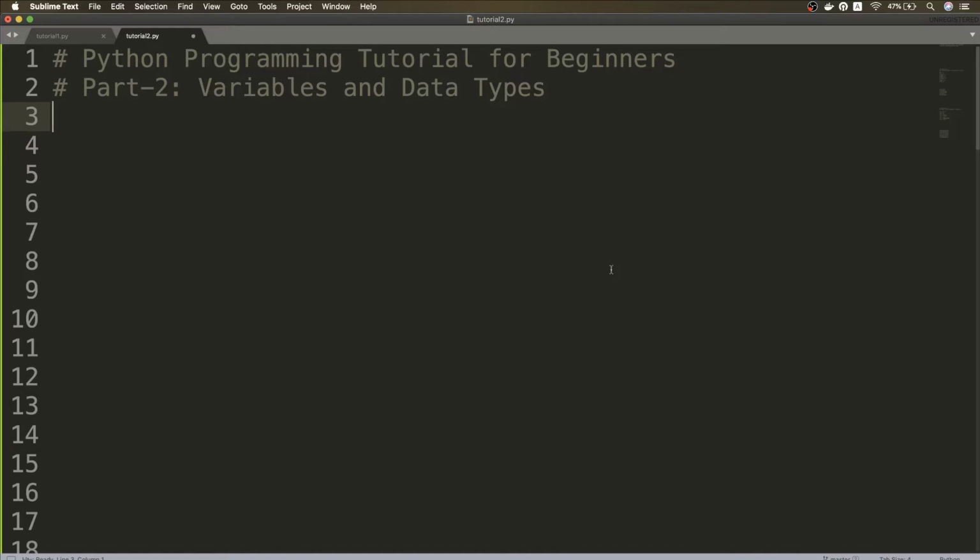In the last part we discussed how to install Python and Sublime Text on your Windows and Mac OS machine. Whatever I do on this machine, you will be able to do similar steps on yours and follow along with the demos. In this part we will talk about the most fundamental and basic concept in the Python programming language, that is the concept of variables and data types.